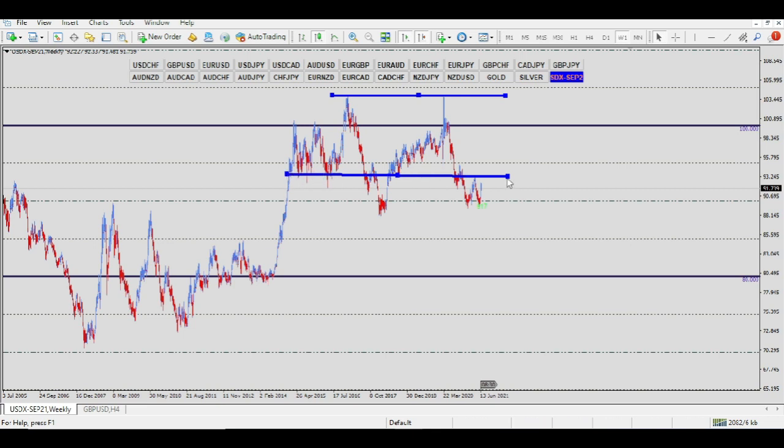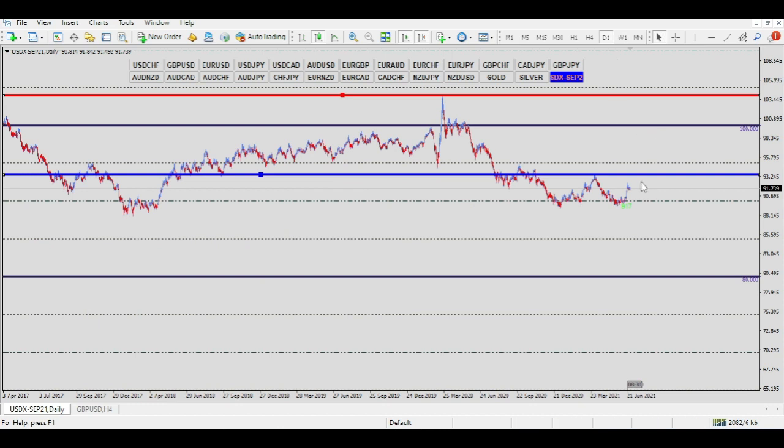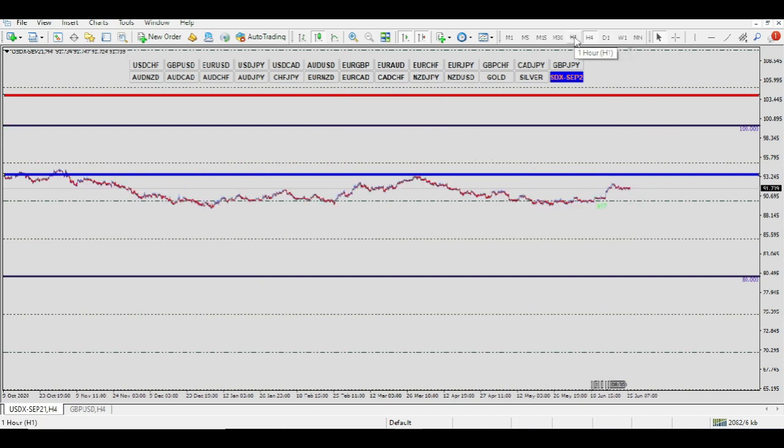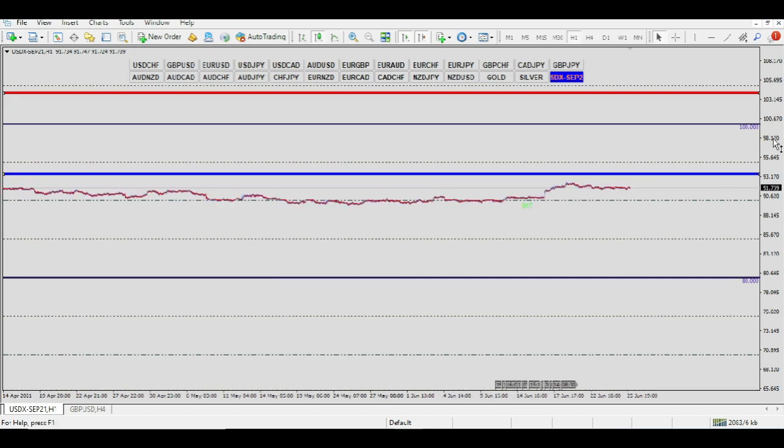So we are going to start with this area before we can go this way. So my bias is what? If we drop that to the 4-hourly or the hourly,